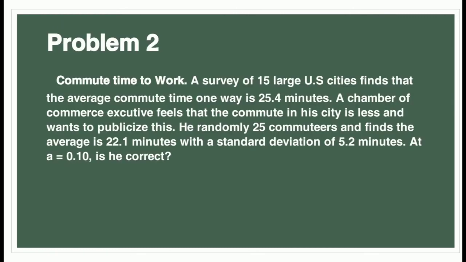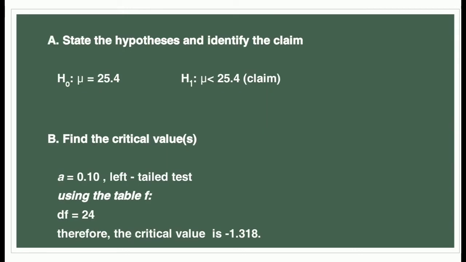The second problem is commute time to work. A survey of 15 large U.S. cities finds that the average commute time one way is 25.4 minutes. A Chamber of Commerce executive feels that the commute in his city is less and wants to publicize this. He randomly selects 25 commuters and finds the average is 22.1 minutes, with a standard deviation of 5.2 minutes. At alpha is equal to 0.10, is he correct? To perform the hypothesis testing, the first step is to state the hypothesis and identify the